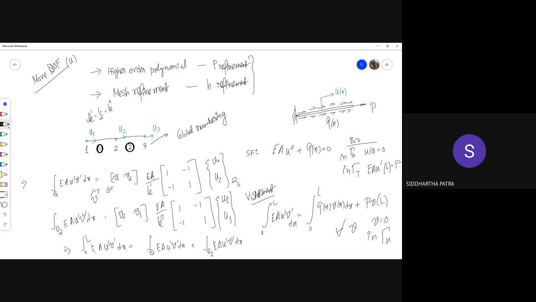You have a vector of size 2 cross 1 multiplying a matrix of size 2 cross 2. You are getting a vector of size 2 cross 1. You have transposed a column vector into a row vector by making it 1 cross 2. So in the end, you are multiplying a 1 cross 2 vector with a 2 cross 1 vector. So in the end, the product is a sort of dot product, or a scalar. That's why this integration is a scalar. Now,